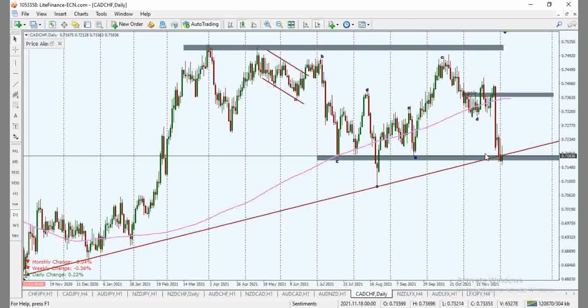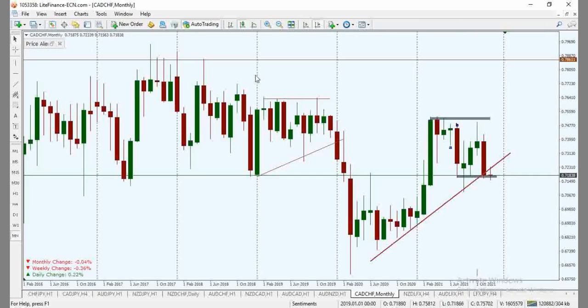Lows are being taken out currently, and we're looking at price struggling around August lows. But whatever is happening here overall, if you look at this on a monthly time frame, we can also identify certain things. One of the things we can identify from a monthly time frame is that we have an impulse correction, and we could expect the next impulse to drop below this point here.